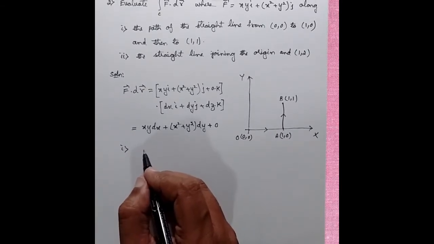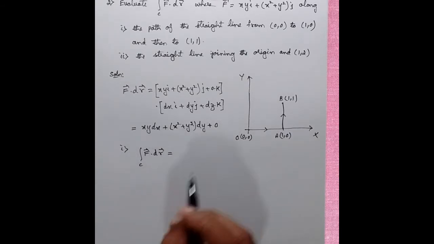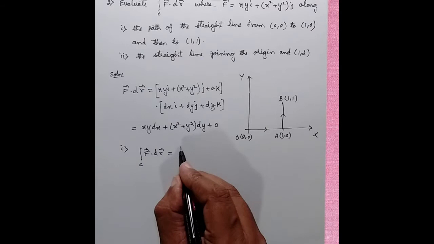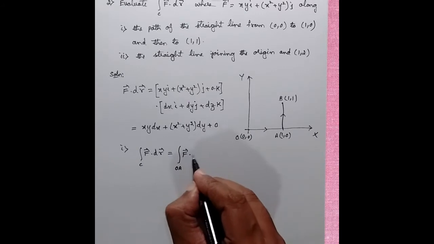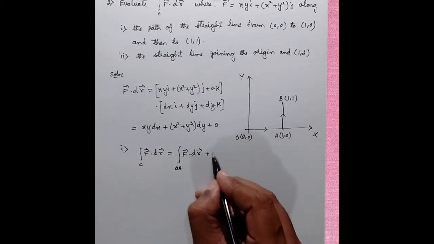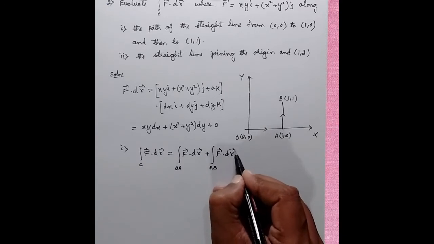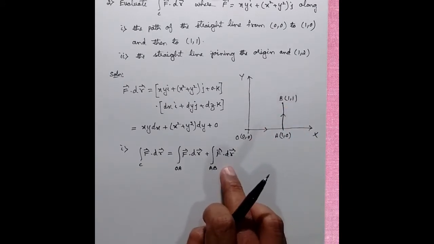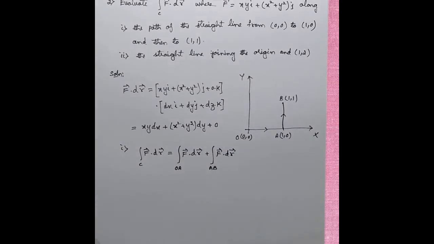So we need to find out this integral over the curve C of vector F dot dr. But this line integral has two parts. Can I write this integral as broken from O to A, so you have to evaluate the integral along OA, and again from A to B, the second integral along AB. There is one integral along the path OA and the other along the path AB. So two different cases will arise over here.